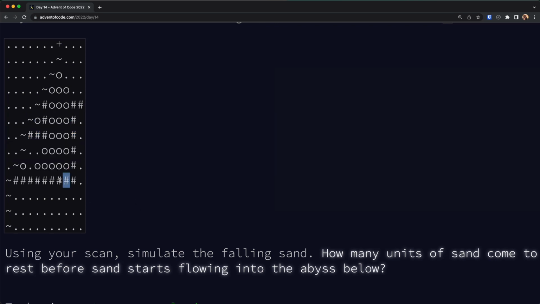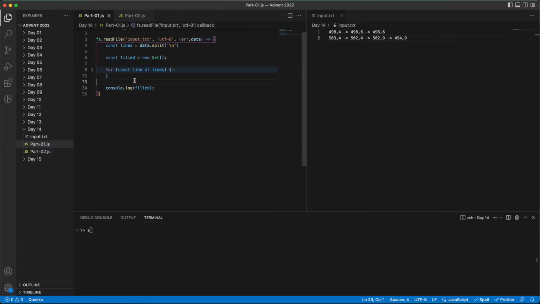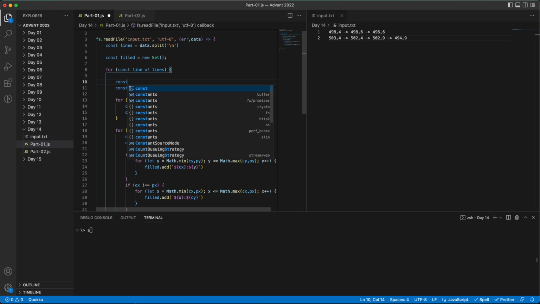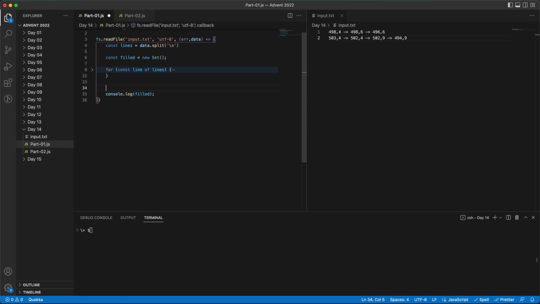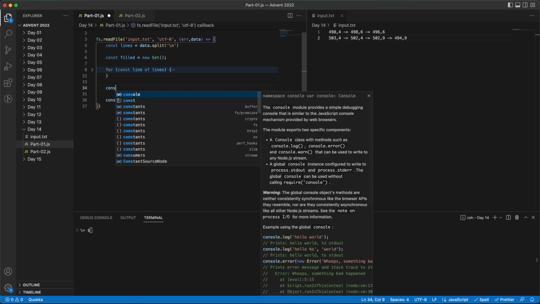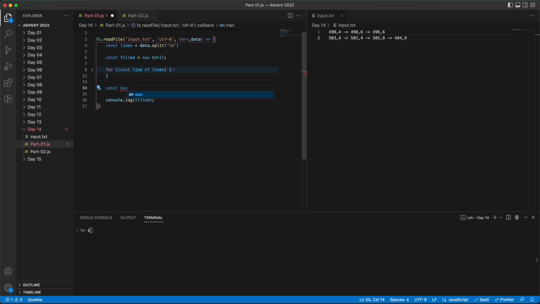So we need to find the maximum value of y here. So okay, I will call it max y const, no, not here. Here I will call it max y,